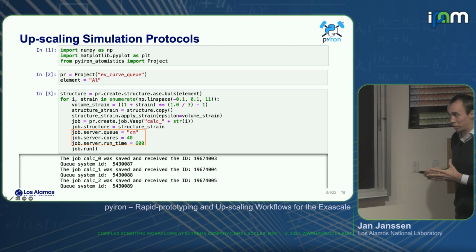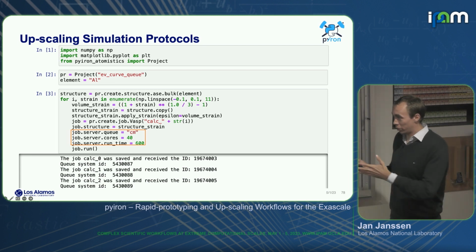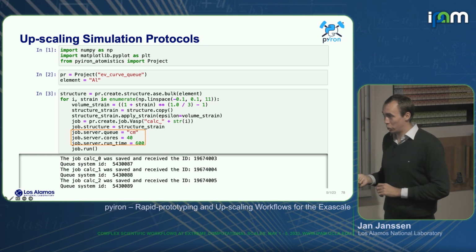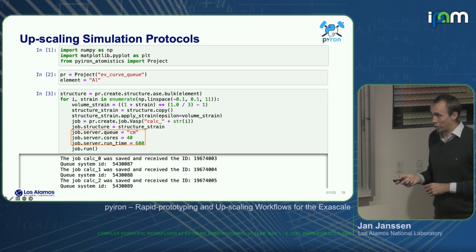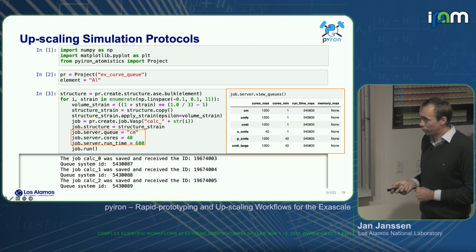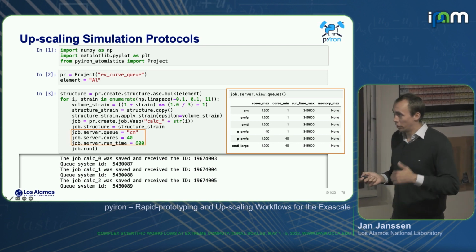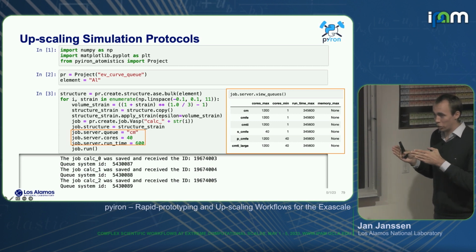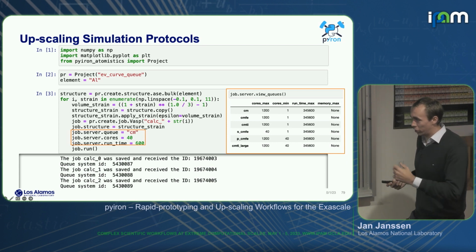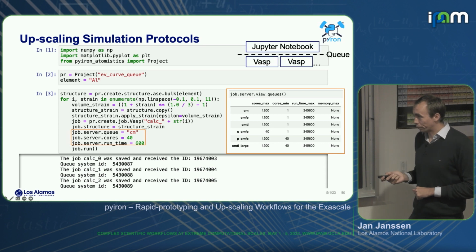Again, in Pyiron, we try to make this as simple as possible, right? So you see here, the only thing that I had to add is which queue on my cluster I want to submit to, how many cores I expect for each VASP calculation, and then I set a runtime limit, so how long I expect these calculations to take. And if I want more information, what Jörg already showed, right? On my server object, I can list the queues that are available on a given cluster. Those are the ones that are centrally defined. Then I can choose from one and see how many cores I have available and so on.